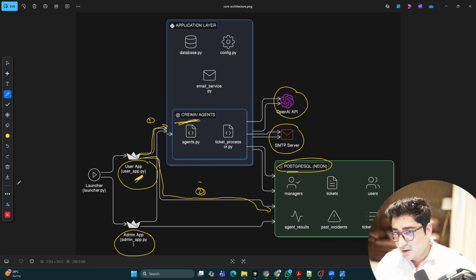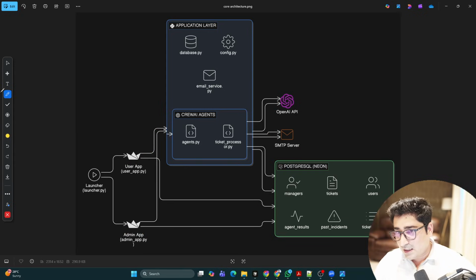So this is one flow, and then the other flow, I would say, is the admin flow. Again, in the case of the admin flow, here the admin or anyone will be able to see